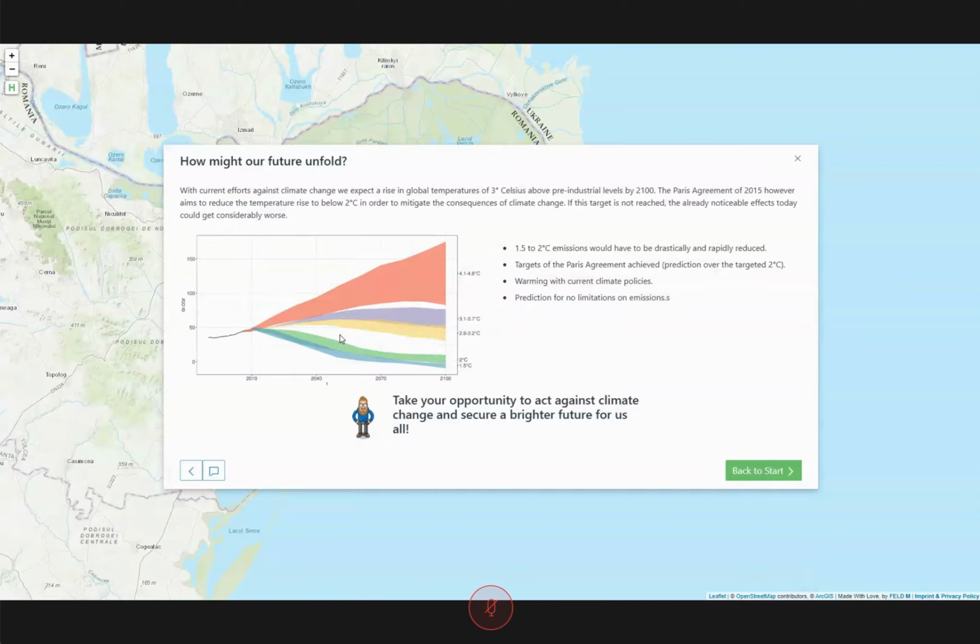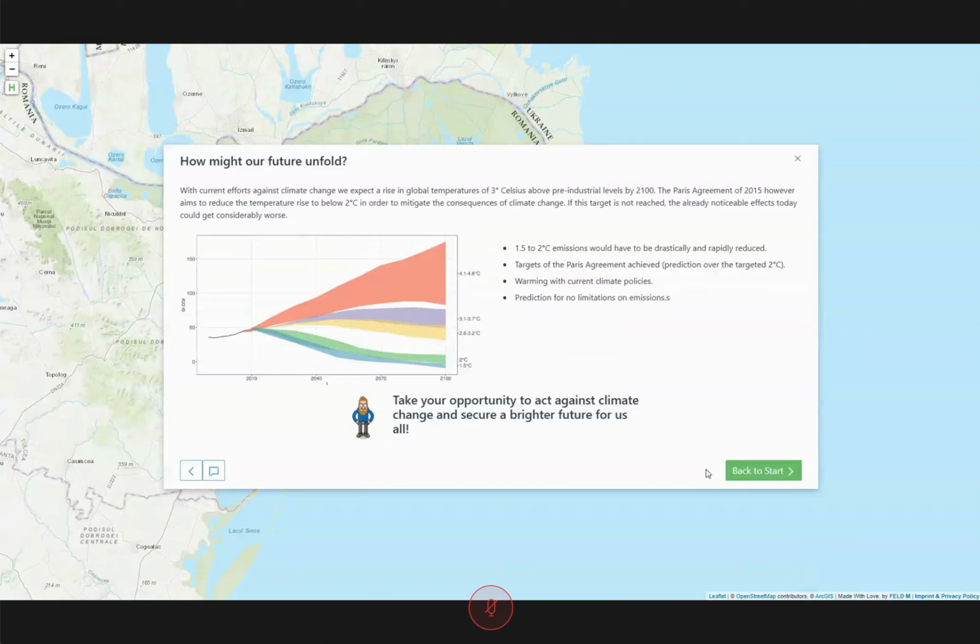And things can get even worse. If we continue emitting greenhouse gas emissions, or maybe even increase the amount we emit, the rise in temperature will be even more drastic. And the greater the rise in temperature, the greater will be the consequences. These different paths with confidence intervals essentially show different scenarios.